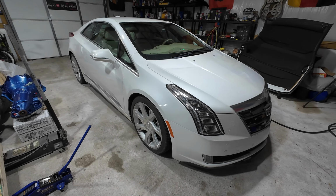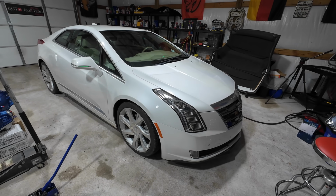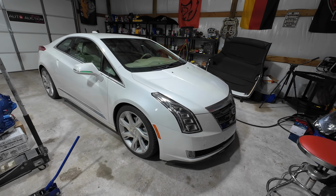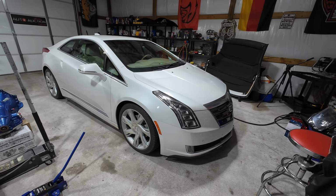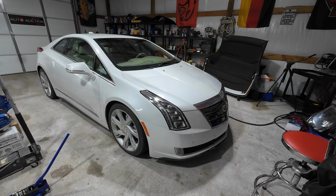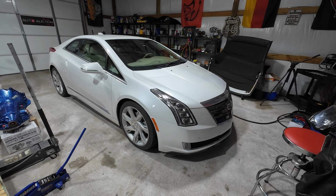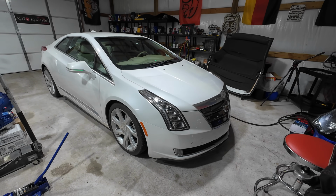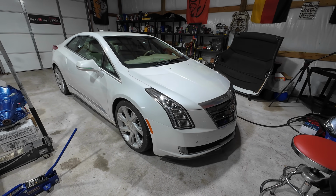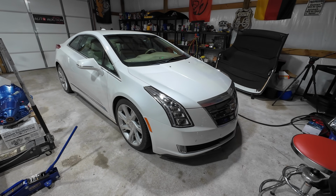Well, here's the thing. I found conflicting information online about this car. Some websites claim that this car had an original range of 40 miles. Other websites claim that this car had an original range of 35 miles. It is very difficult to find out what the truth really is, but it seems like more people say 35 miles than say 40. So if this car's original range was 35 miles and it now gets around 28, it's